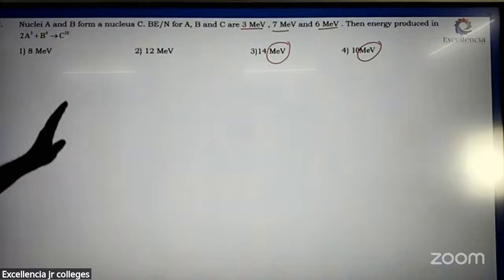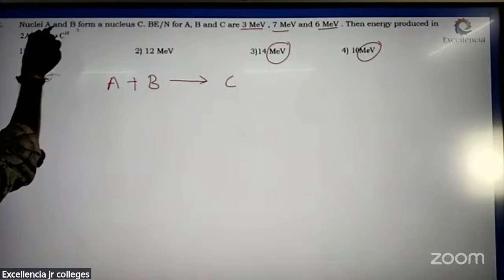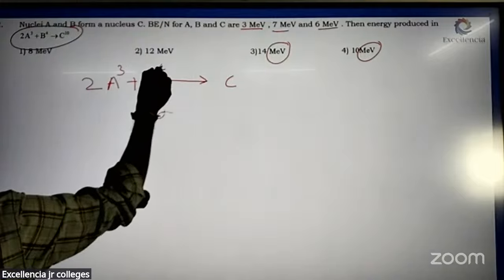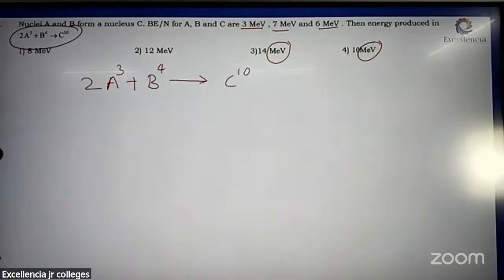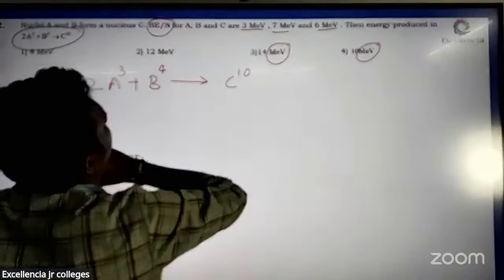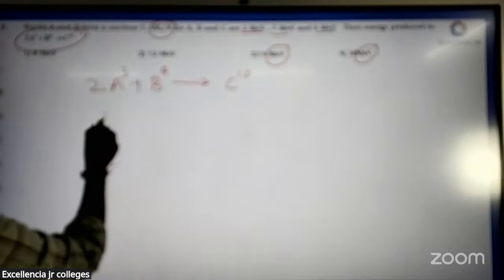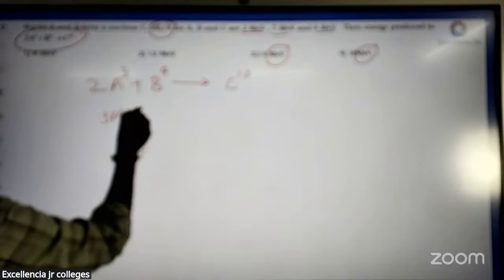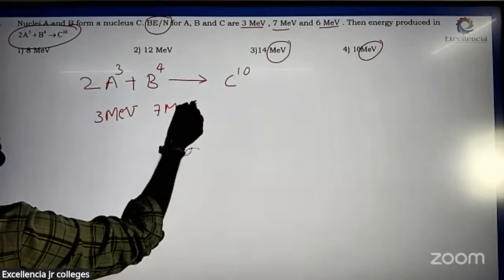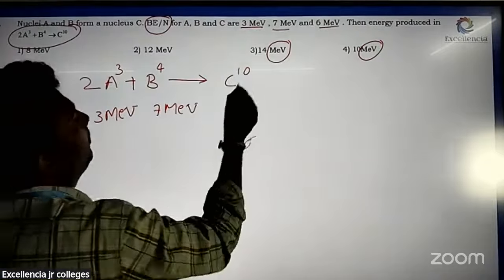Here the question is nuclear: A and B forms, A plus B forms C. They gave the reaction with 2A, B4 and C10. Now they gave the binding energy per nucleon. For A, it will be 3 mega electron volts. For B, it will be 7 mega electron volts. And for C it will be 6 mega